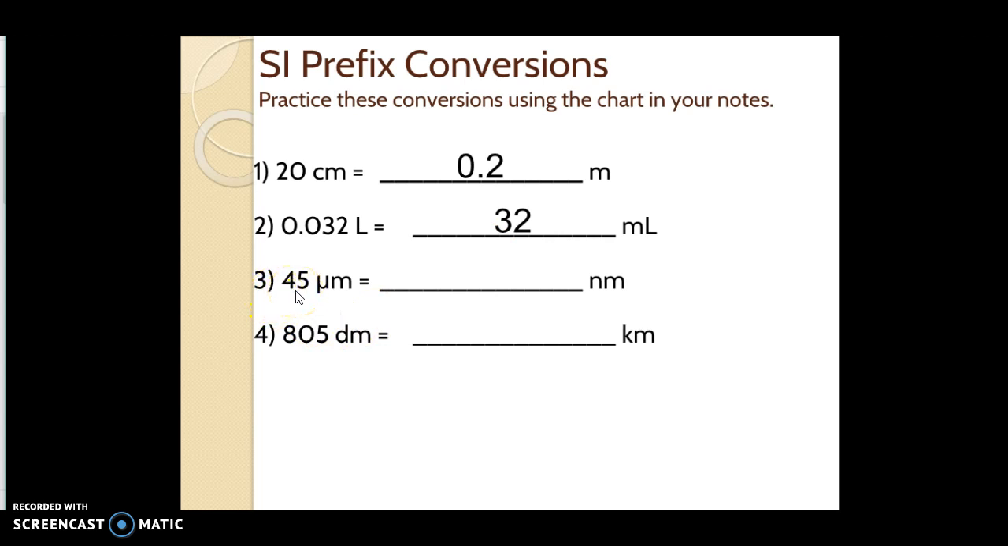45 micrometers, so this is even smaller than millimeters, and we're turning them into nanometers. Look back at your chart. How do you do it? That is 45,000 nanometers. And last but not least, we have 805 decameters, and we're turning them into kilometers. The correct answer is 0.0805 kilometers. If you're not sure how we got there, please contact me so